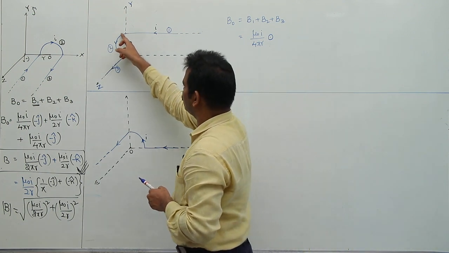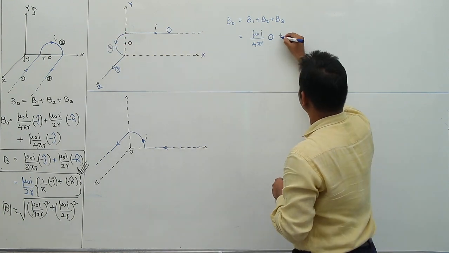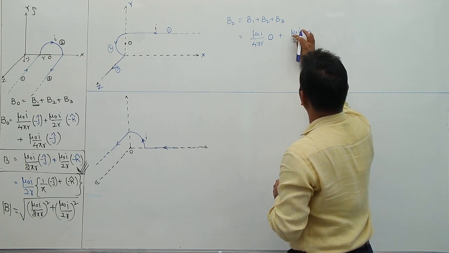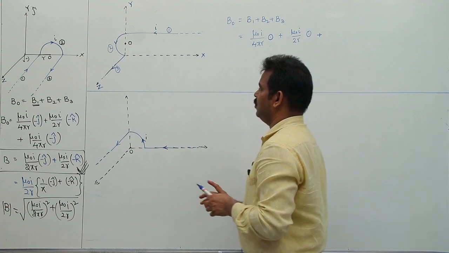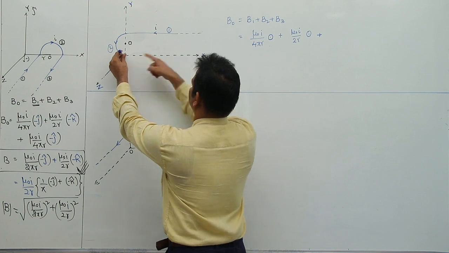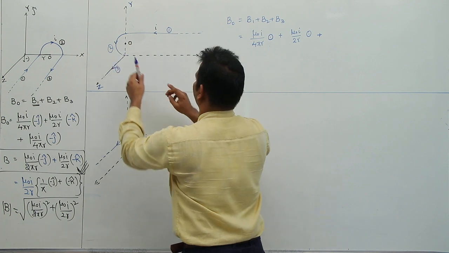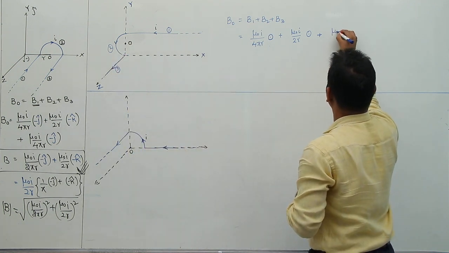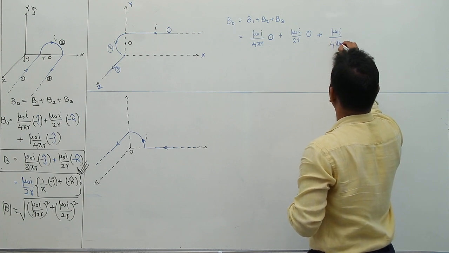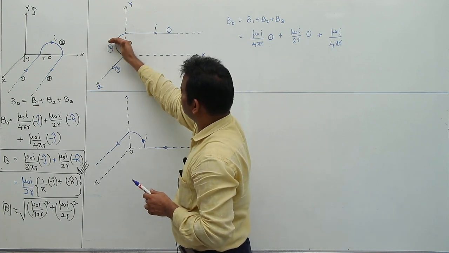Now what is the magnetic field due to the semicircular wire at this end? Here current is flowing like this, field is outwards. So this is mu naught I by 2r outwards. Plus, now due to this wire, actually it is shown along the z-axis, but this is x-axis, y, z-axis, this wire is like this. So I want the magnetic field here at one end of the infinite wire. So this will also be mu naught I by 4 pi r. And what is this direction? As the current is flowing like this, the field is in this direction.